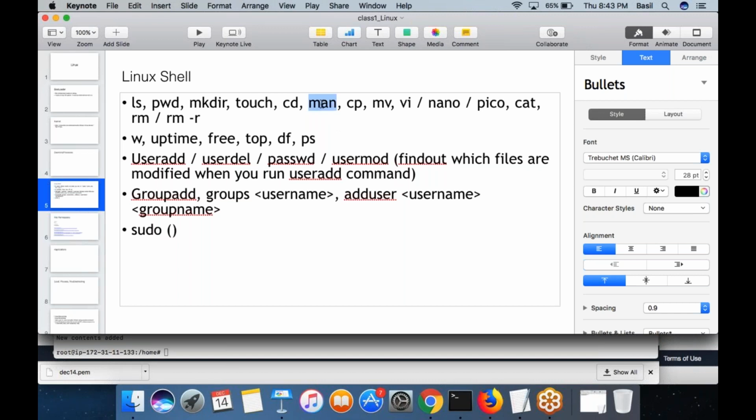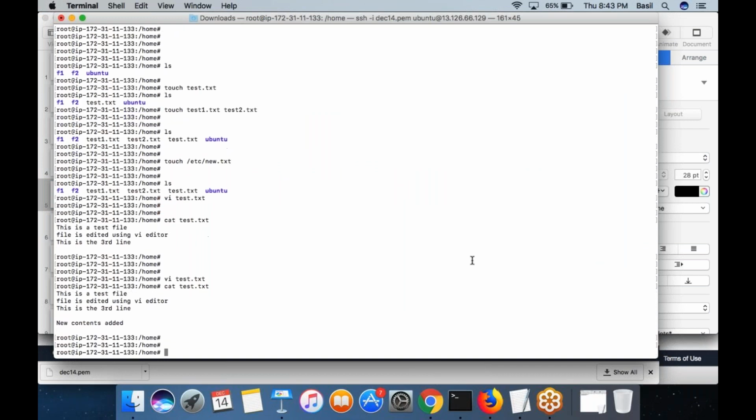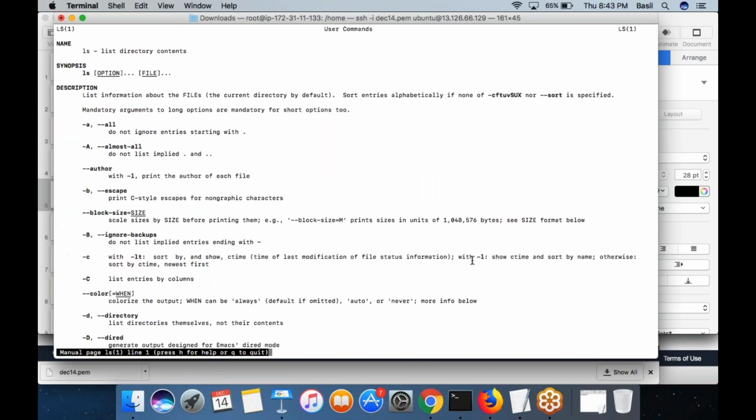Man is a command which you can use to view the manual page of any other command in Linux. For example, if you want to learn about the ls command, you can type man space ls. Man space ls, if you run this command, it would show you the manual page of the ls command.